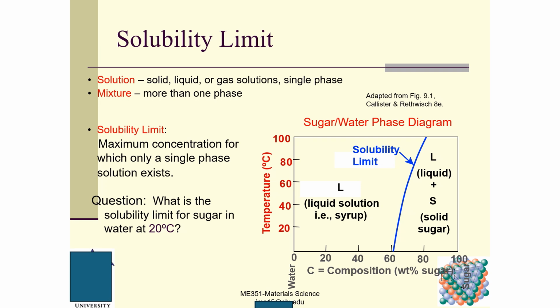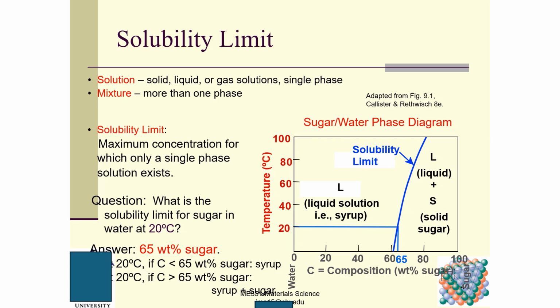So, question: what is the solubility limit for sugar in water at 20 degrees C? For this problem, you find 20 degrees and draw a horizontal line. This horizontal line intersects this blue curve. Then through this point, you draw a vertical line. This vertical line intersects the x-axis at about 63 or 64. Let's see what we can get. Here, we get 65. So at 20 degrees C, the concentration of sugar by weight is less than 65,